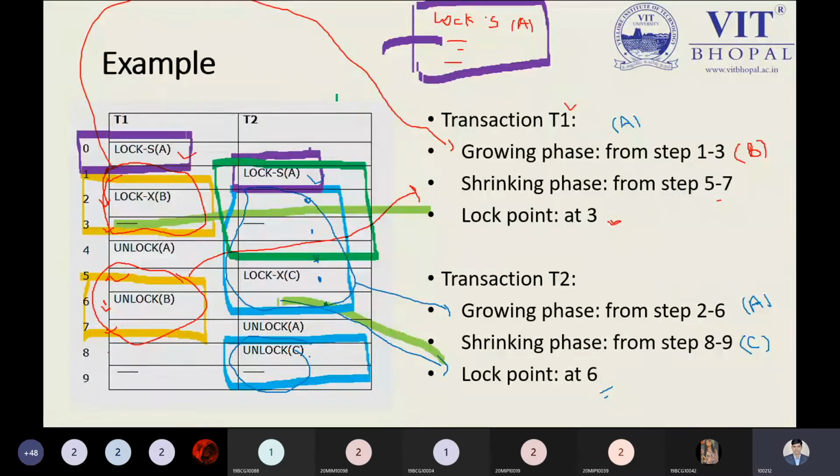So in the growing phase and shrinking phase, what do we have? Here I am giving you a trick. The shrinking phase will always be identified by the unlock, because the unlock itself determines the shrinking phase: now there is no more data item we will use for operations. So we can say this is the shrinking phase. In our example, you will be okay. Before moving to the next part, let me know right now, is it clear to all of you? What is the growing phase and what is the shrinking phase? Now it is clear.